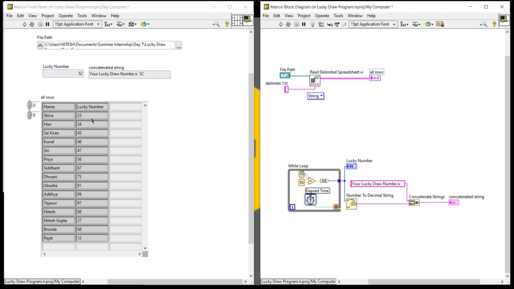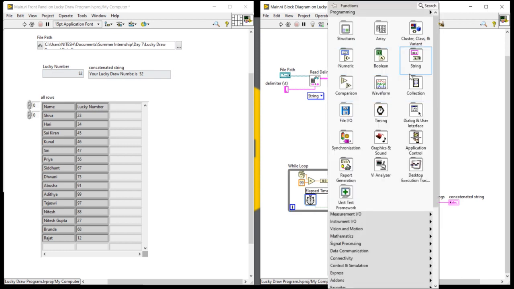Why? Because I want to search whether my generated lucky number is present in this database or not. After generating the lucky numbers, I want to search whether my generated lucky number is present in my database. The second column contains all the lucky numbers. So I will break the second column first.